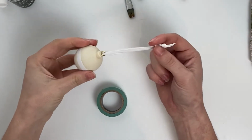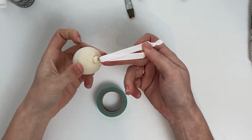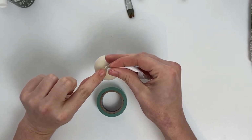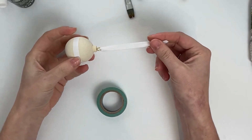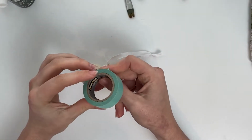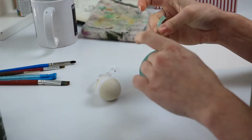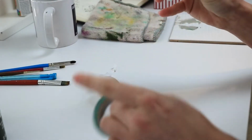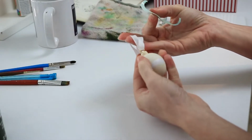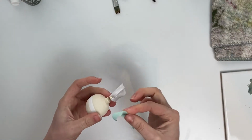First things first, I'm going to tape off the ribbon and the little gold piece. I plan on being very careful and not touching any of this top, but I'd rather be safe than sorry, so I'm just going to tape off just a little bit of it. I'm just using some washi tape. You can literally buy this anywhere. I'm just going to get a little bitty piece of it off, and then I'm mainly focusing right here at the very bottom